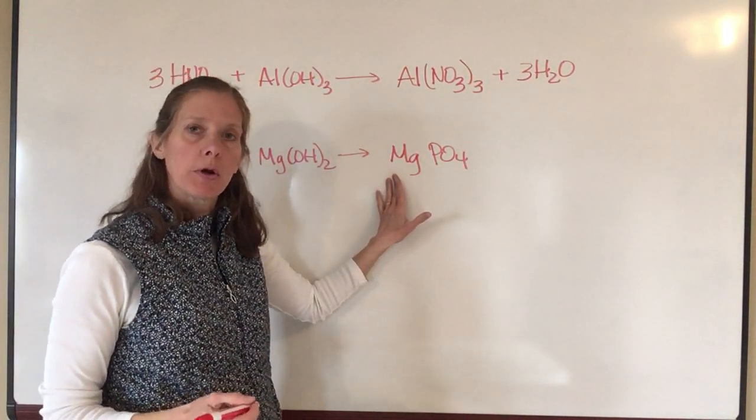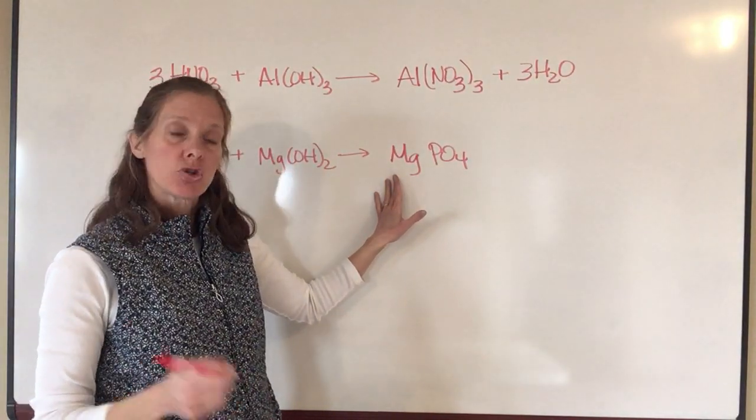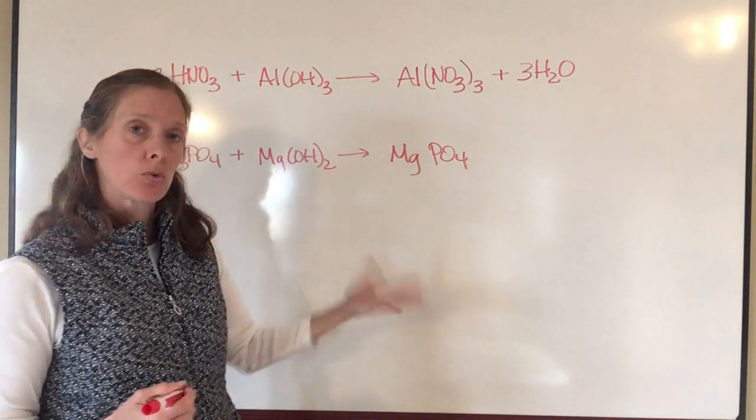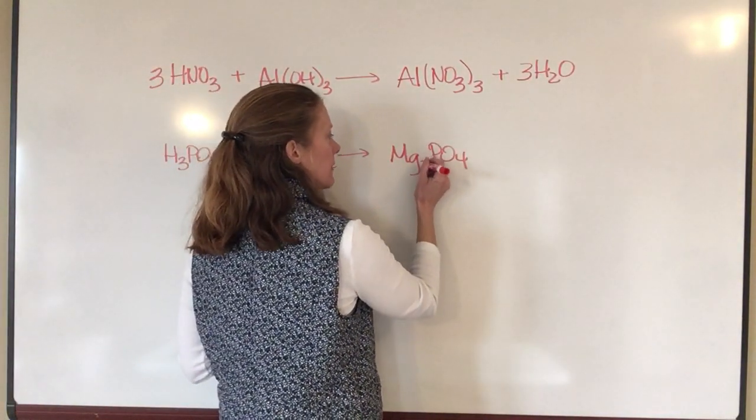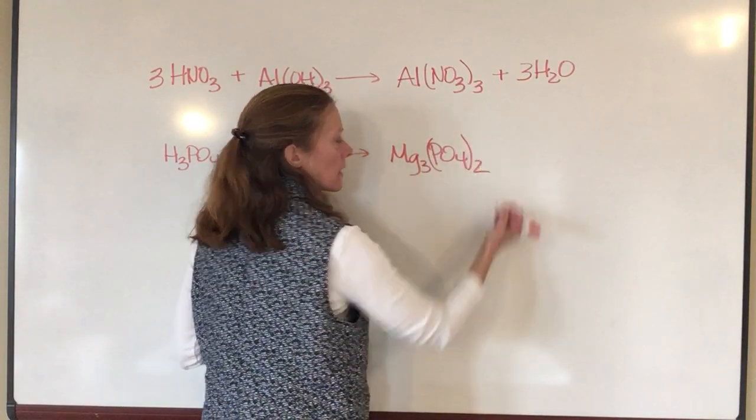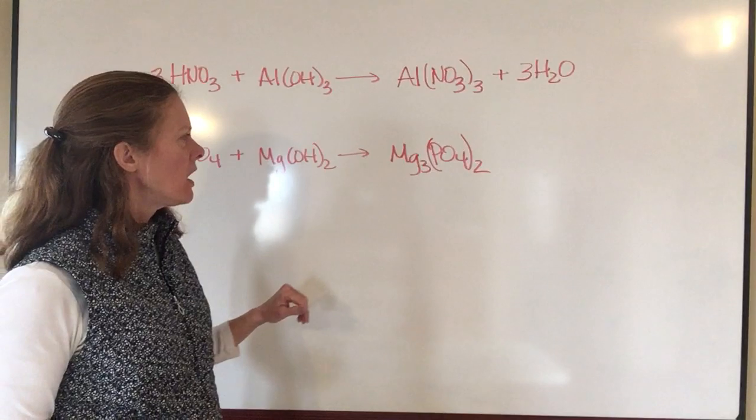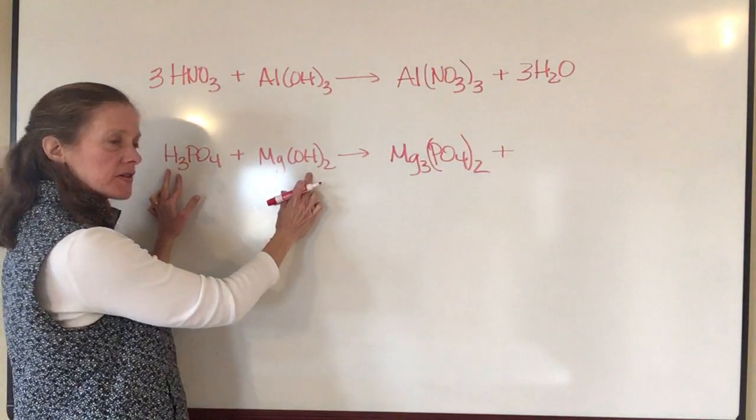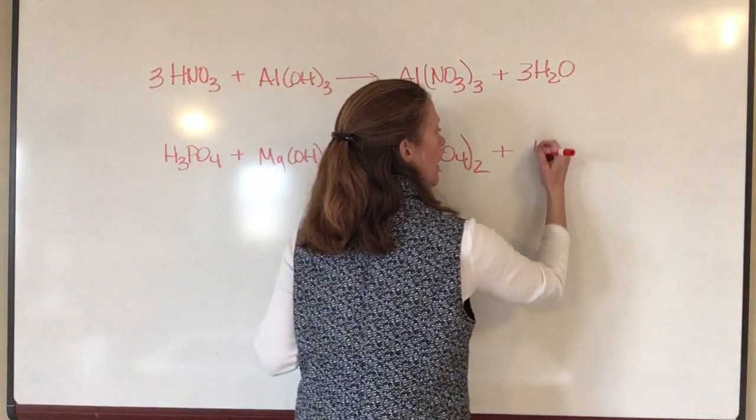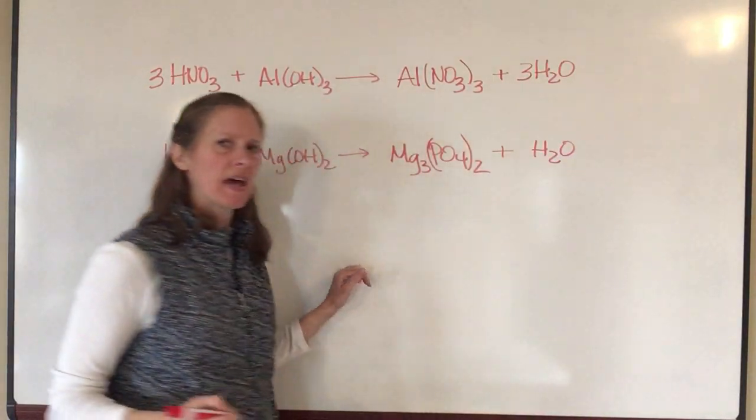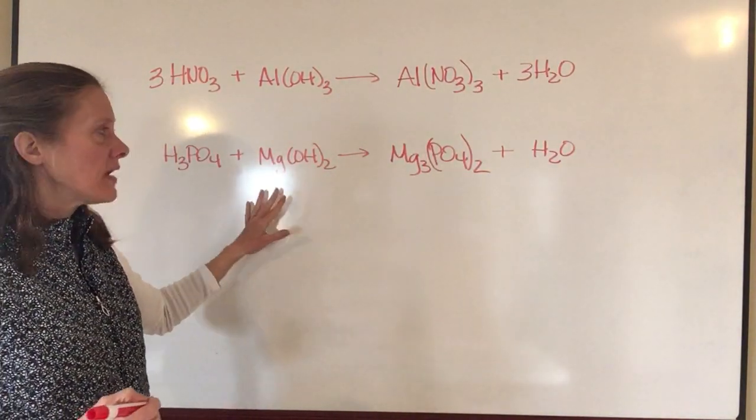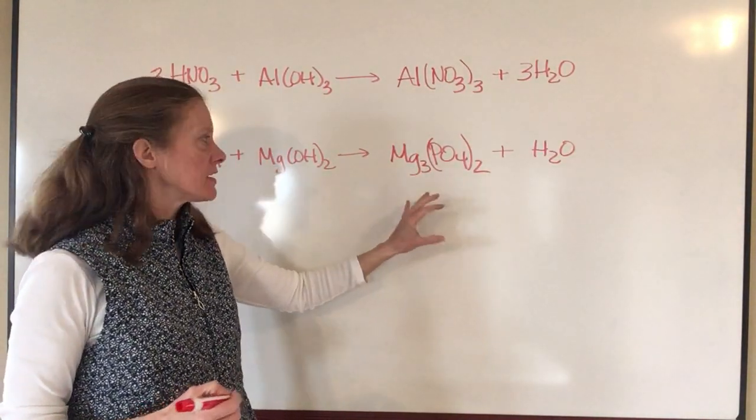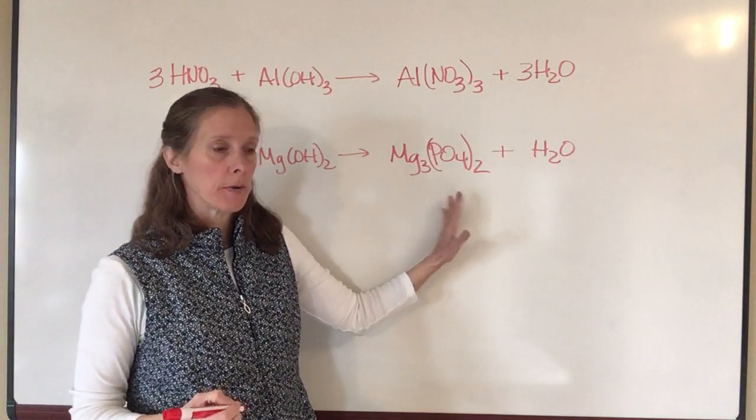Magnesium is in the second column on the periodic table, so it has a +2. You should have memorized that the PO4 phosphate ion has a -3. So in order to balance that, I'm going to have 3 magnesiums and 2 phosphates. Then I'm going to put this hydrogen ion with this hydroxide ion, HOH, or water. And you'll notice that an acid and a base always make another compound and water, and this is commonly called a salt